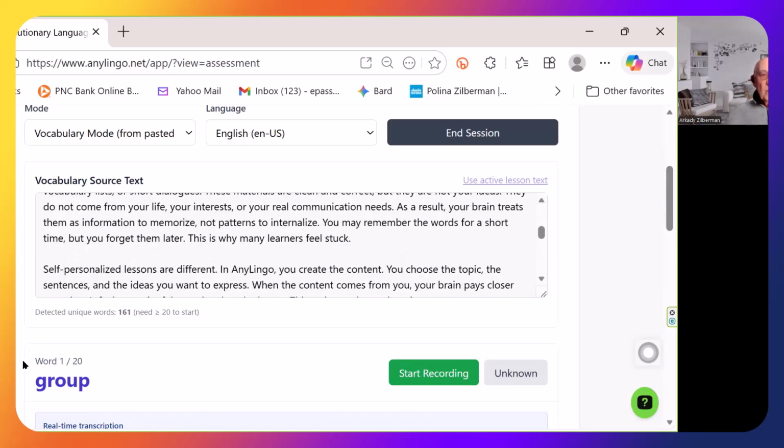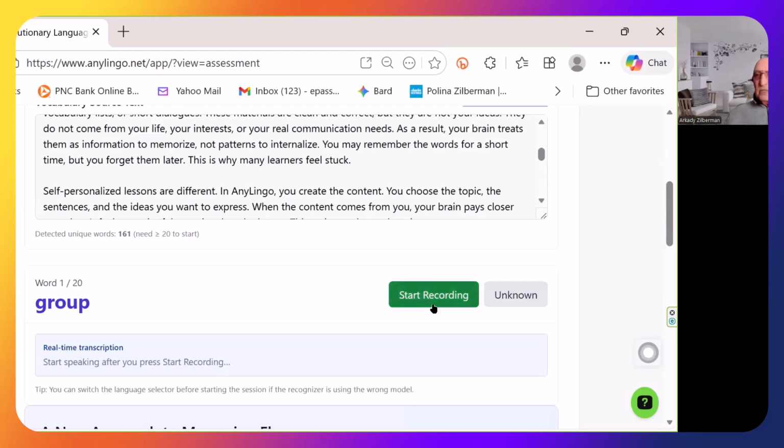When you see the word on the screen, group, for example, and you click Start Recording, you have to speak from your experience. If you understand what the group means, you speak about anything automatically without thinking, without analyzing. For example,